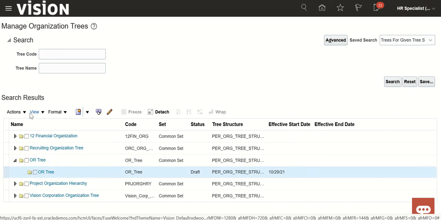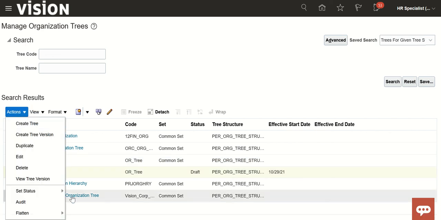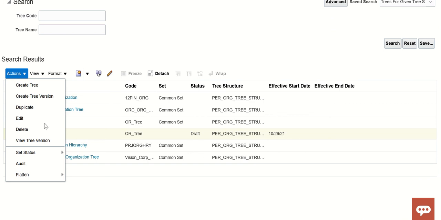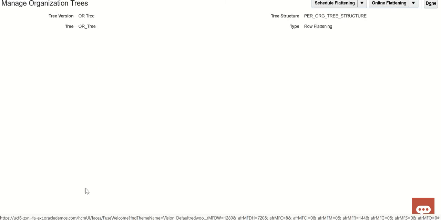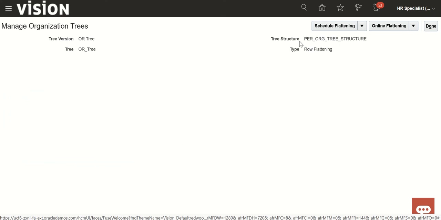We need to activate this one. Before activating, and even if it is active, that's not an issue, just make sure you go under row flattening as well. This is the practice we should follow.